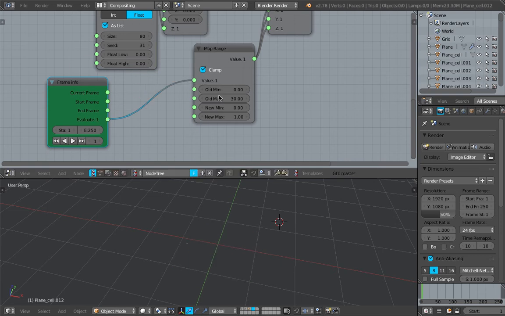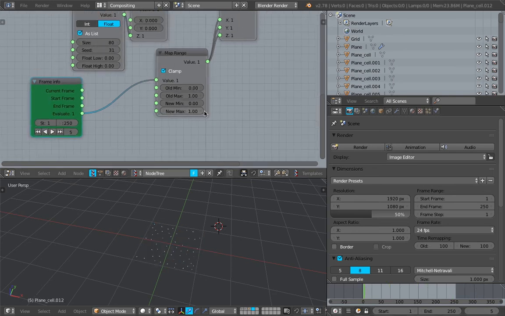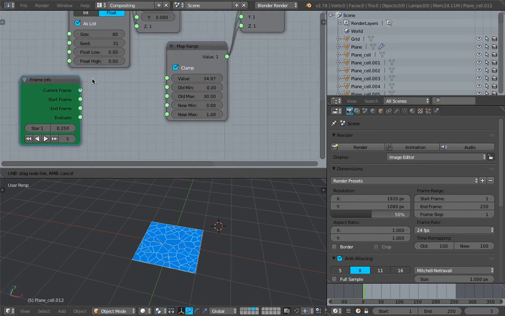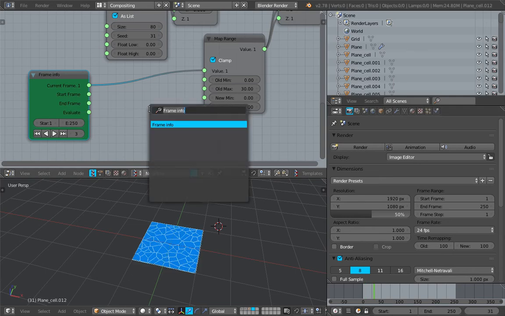into this value, what's going to happen is, depending on the range of the timeline here, from 0 to 250, it will grow. Yeah, you see, it's between 0 and 1. Anyway, that's not what we want. We want 30 frames here, and then the time frame goes into the value, but you want to randomize the time frame, so we just use math